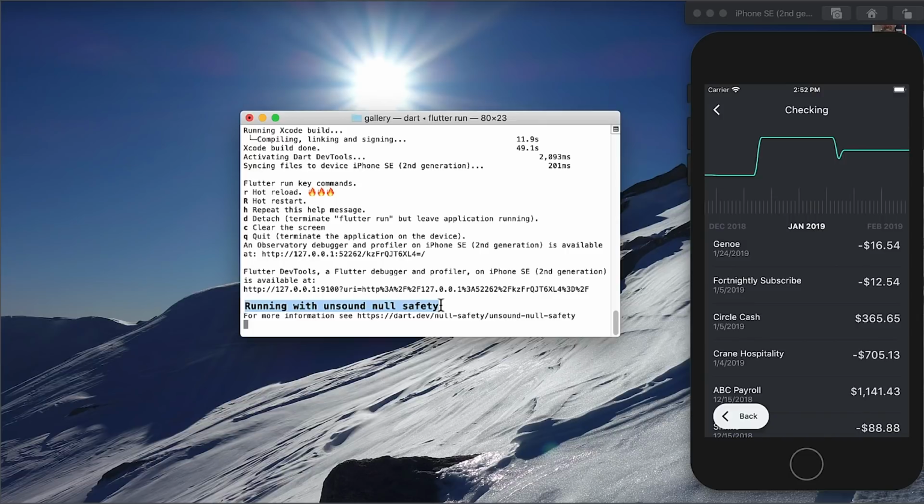So what's that about? Well, basically, this app is running a version of the Flutter framework that has been ported over to null safety, but the app itself is not yet null safe. So we're running a mix of null safe and non-null safe code. That's fine. We built technology into Dart to make this work, but it means that the app doesn't get the full benefits of null safety, and the framework can't rely on the app not to pass null where it's not allowed to.